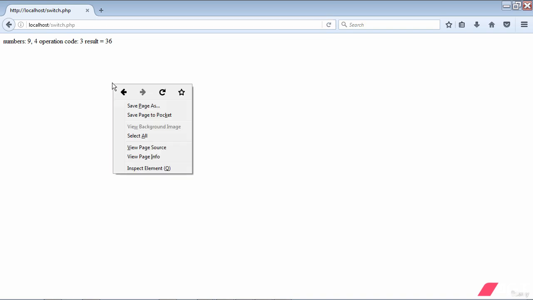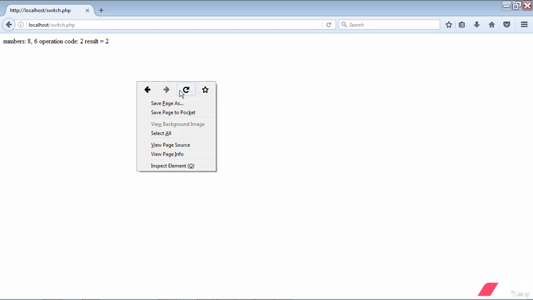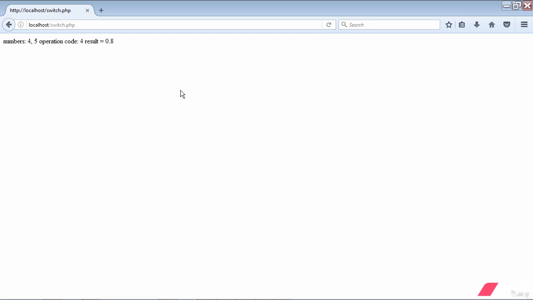Again executed, numbers 8, 6, operation code 2, result is 2. So it is fairly accurate. Numbers 4, 5, result is 0.8, that being the division. 7, 10, again the division, 0.7. Then 1, 10, addition, result is 11. So that's how the output is going to come as a result of the switch case functionality of our conditional